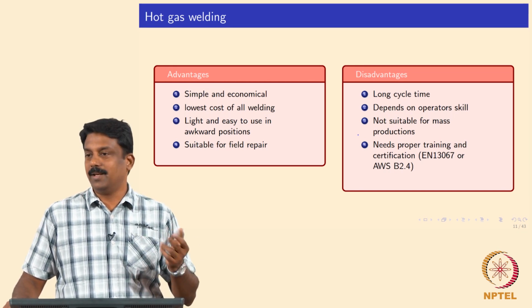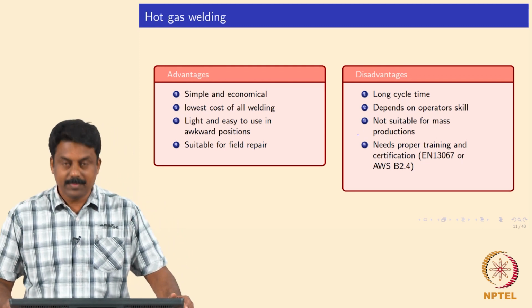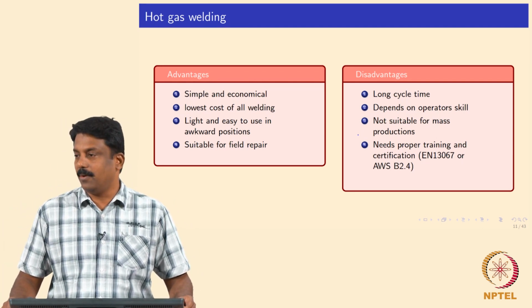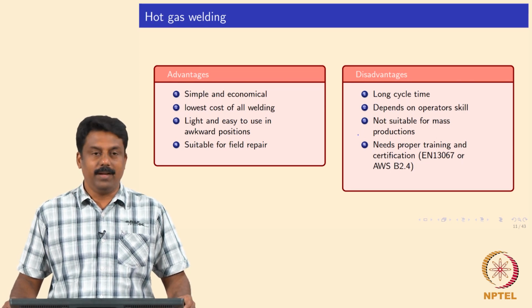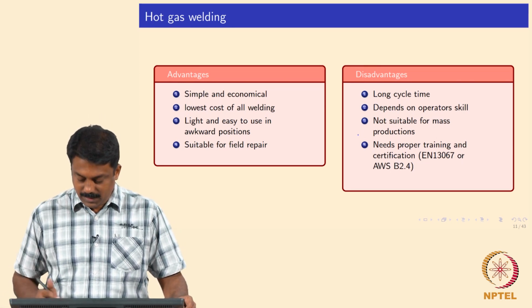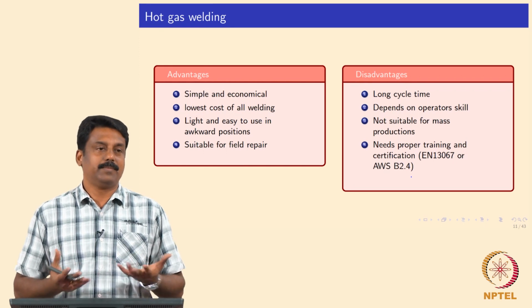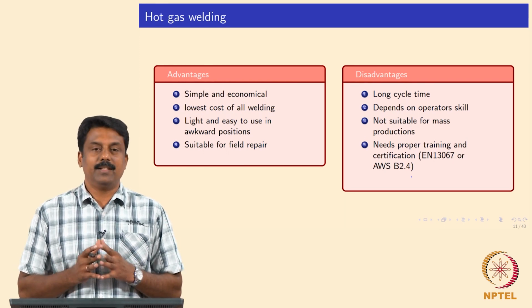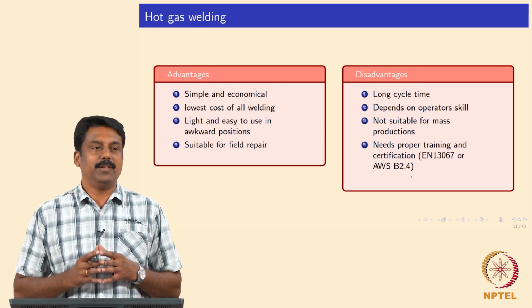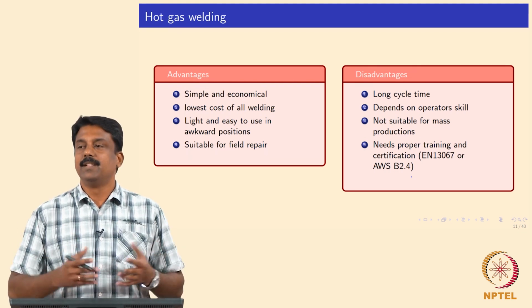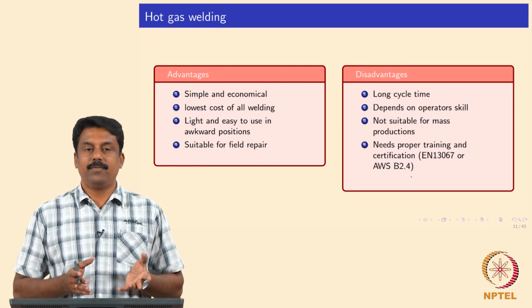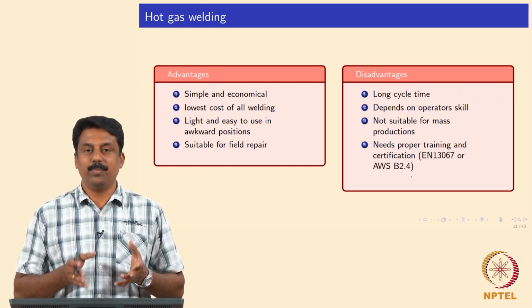You also rely on the expertise of the welders to make a joint, but the welders would be certified. Unless certified, you can't use it. In most welding applications, unless the welder is certified, you can't use anyone else who is not certified to make a component. Otherwise, if the component fails, you are in real soup.